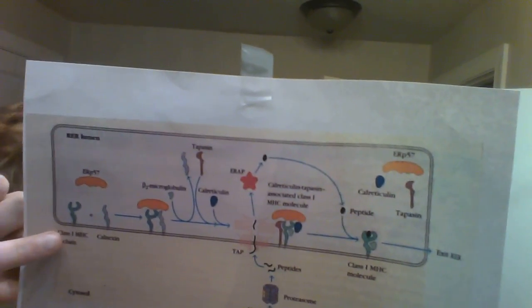Can you see this? Yeah. It's going to bind to the alpha chain. The calnexin, that first chaperone, is then going to be released, dissociated. And you're going to have two new chaperones that are going to come in: calreticulin and tapasin. And that tapasin is basically going to bring that TAP transporter into closer proximity with that class 1 molecule. And that closeness is going to allow it to acquire an antigenic peptide. As you can see,